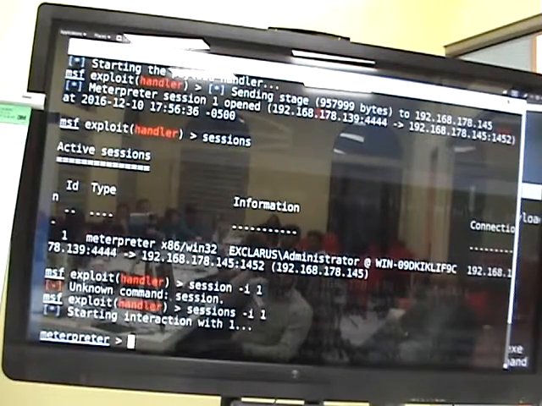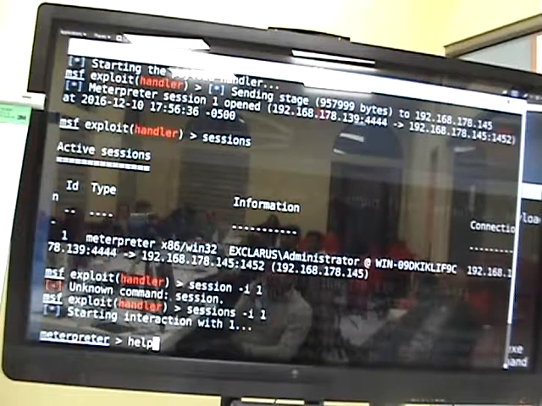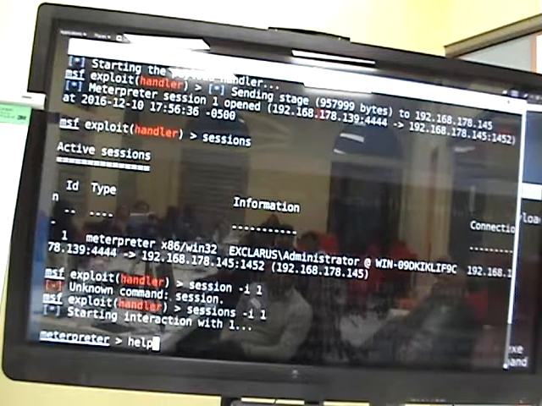Okay, I got the Meterpreter, right? So if you go to help, Meterpreter is a tool. All the tools that are in Meterpreter run in the computer memory, so it is not touching the disk. What that means is antivirus can detect only if the malware touches the disk. If everything is running in memory, it is hard for the antivirus to look into memory because there's no way they can look at each and every process. So Meterpreter is that one. That's why it's very sophisticated. But if you look at help,